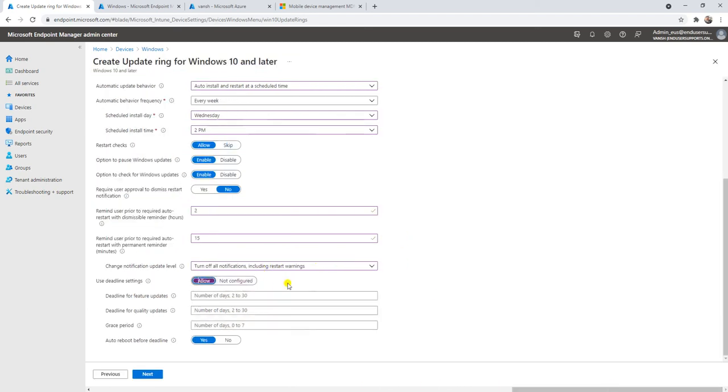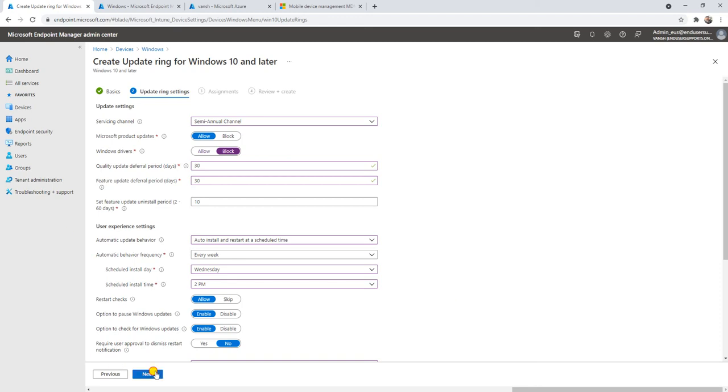If you want to use the deadline setting, you can just select it and mention it here, like the number of days for this, or the quality update days for this, and the grace period, and all those things. Auto restart after the deadline. If your company allows auto restart after the deadline, you can select yes. If not, it is not compulsory. And this is the deadline. We are not going to define the deadline, so let it be here.